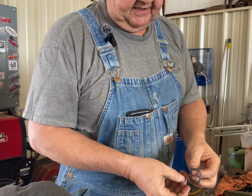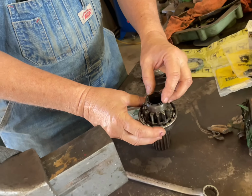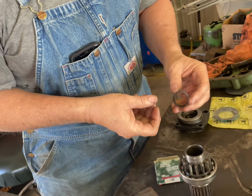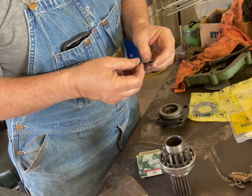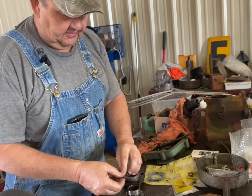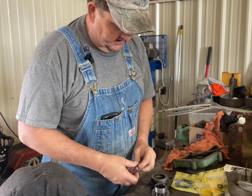What we've got here is the PTO drive gear, and I had some issues finding this seal. This seal goes right here, and it actually seals the input shaft for the transmission. This seal was no longer available from Deere, so I got on eBay and sourced it by size, so that worked out very well. So we've got that seal,